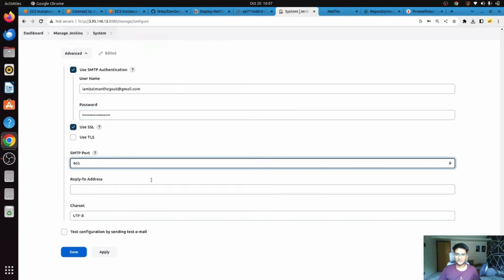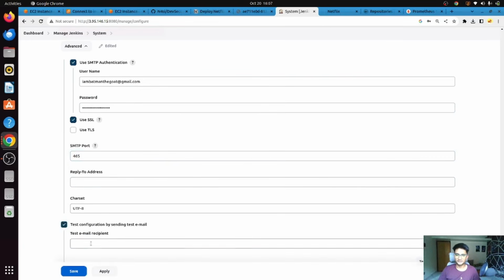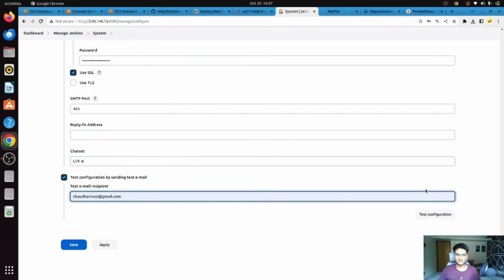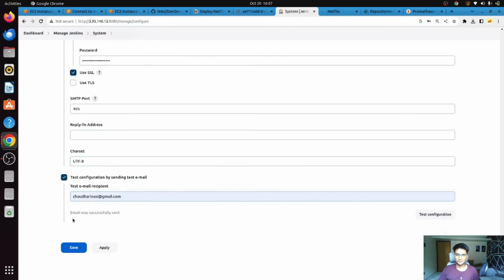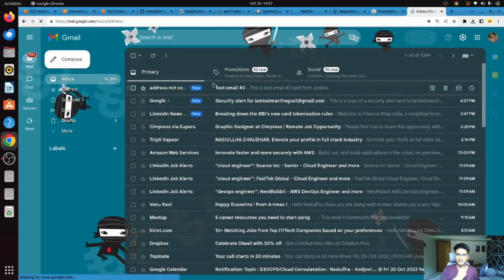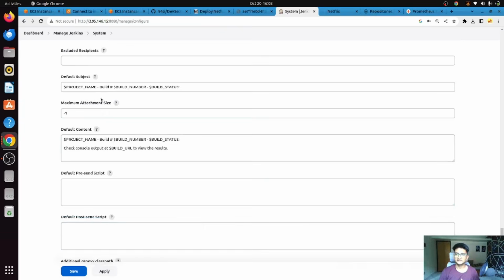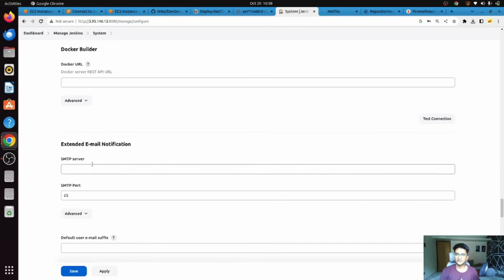Next, we don't need to put anything in the reply to address option. And now if I test the configuration, I can put a sample email here and see if it works. You should be able to see that email was successfully sent. And if I show you my mail here, I should have a test email, which is here, test email from Jenkins. And then in this section, which is extended email notification, you need to enter the same thing, which is